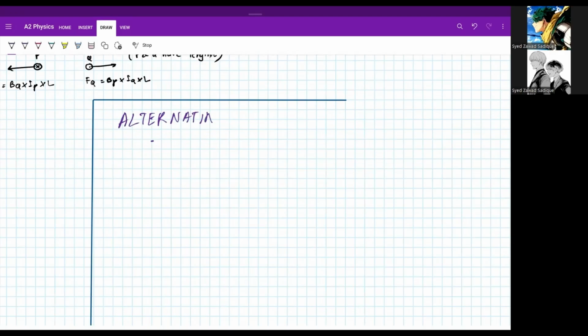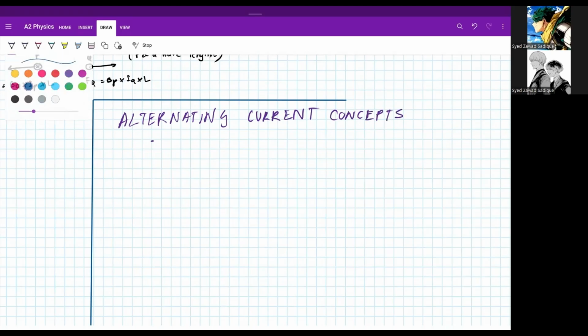alternating current concepts. Nice. Okay,